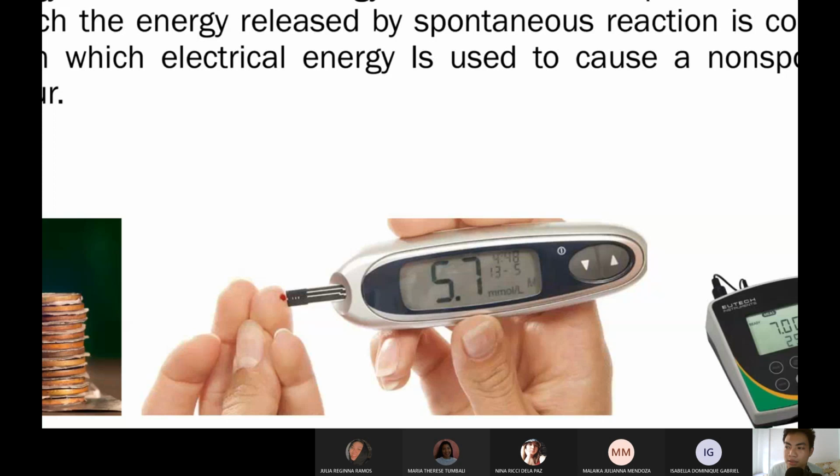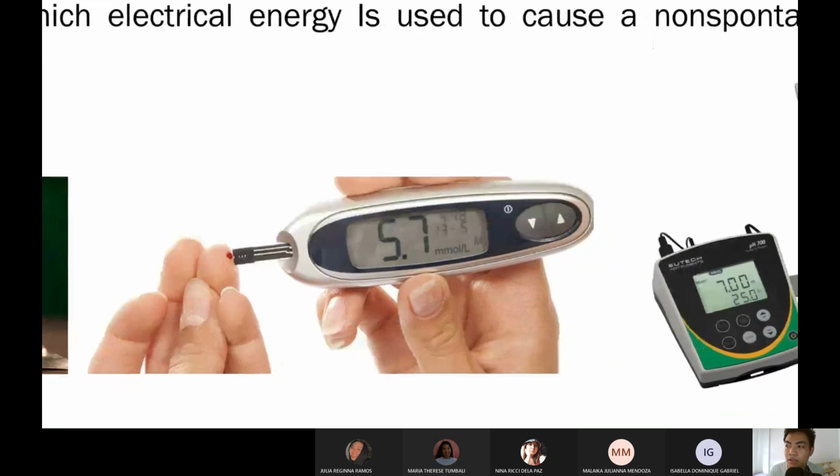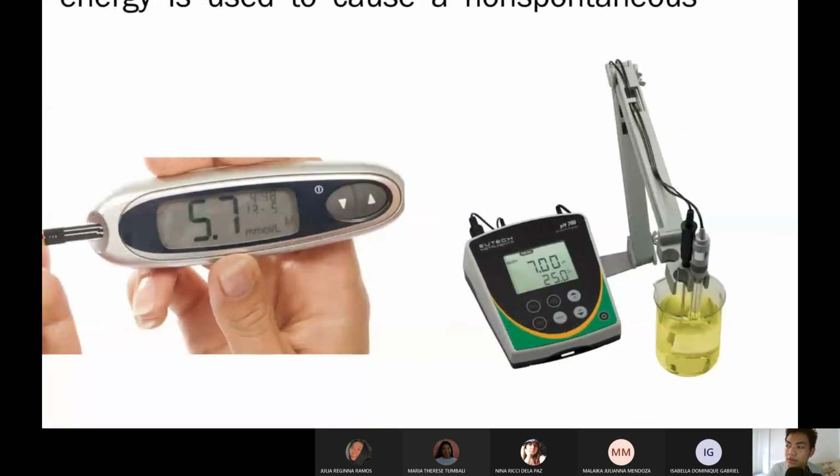Okay. Kunwari, mataas yung na-pass through na kuryente, ibig sabihin mataas yung glucose concentration. O kaya, kunwari, mababa yung na-pass through na kuryente, that means mababa glucose concentration. Okay? Ibig sabihin, related to, no? Okay. And another one is the pH meter. Okay, so we are familiar with this, no? I think familiar tayo nito during our high school days.